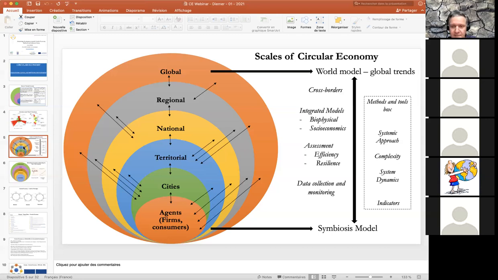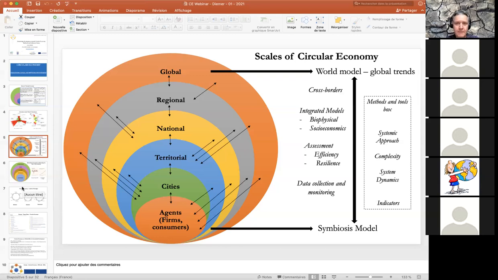So I still believe that system dynamics could be a good method to use. But we have to reconnect system dynamics to different techniques like material flow analysis or life cycle analysis in the process. So if you do everything I said, you can talk about indicators. You can have a discussion about which indicators you can use and how you can use them. But for me, it's not enough.